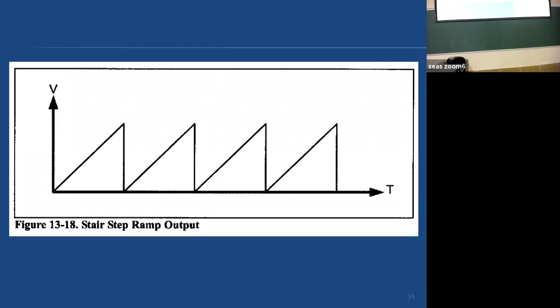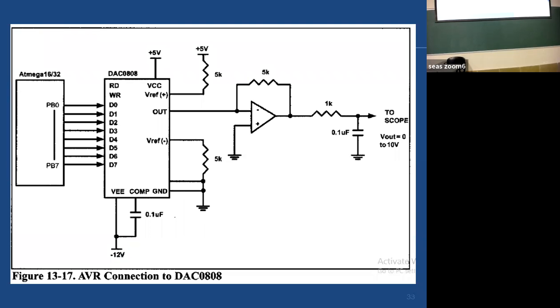So here is an example. Suppose I want to generate this waveform. Okay. A triangular waveform increases from 0 all the way to the maximum voltage, say 5 volts for our circuit, rolls back to 0 and so forth. Maybe this is the speed of something that I want to control in this way. It can be just a display, it can be some speed that I want to control, and so forth. There can be any application. How will I generate this? Right? So this is at the end of this circuit here. So what pattern should I send?